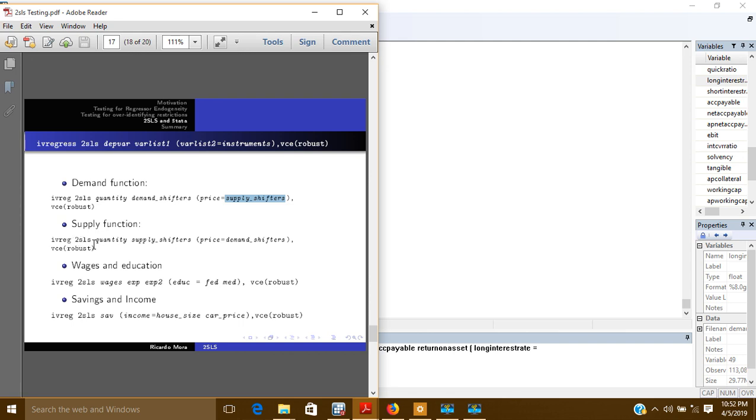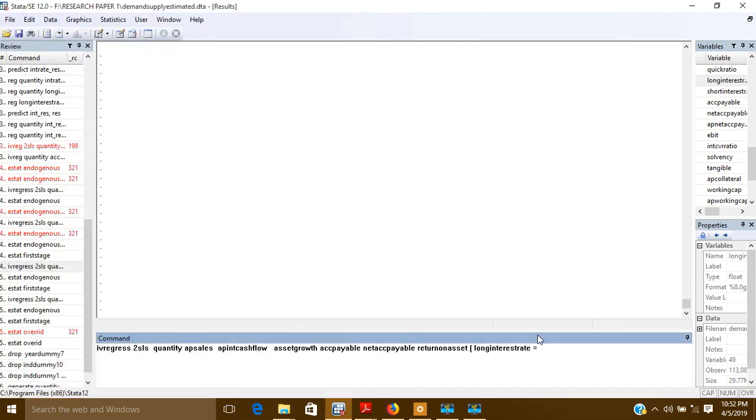And in the supply equation I will do the opposite. For the supply equation I will write the quantity here, then I will write all the exogenous variables of the supply equation, and for price I will write all the demand exogenous variables as the instrument variables in this equation. Now I will write all the exogenous variables which I am going to use in the supply equation, and all these exogenous variables will be: